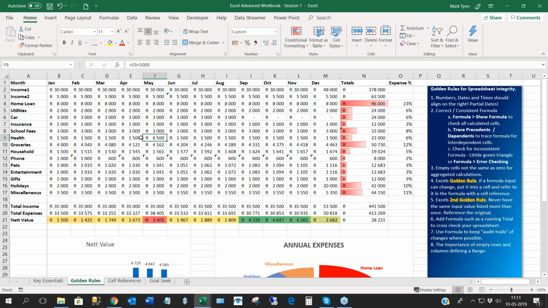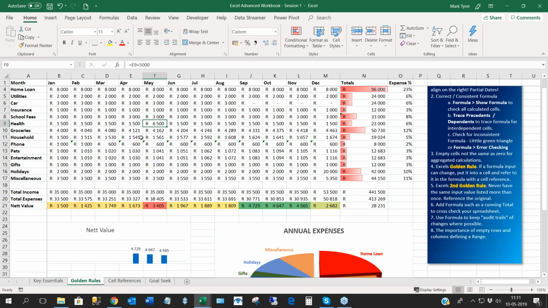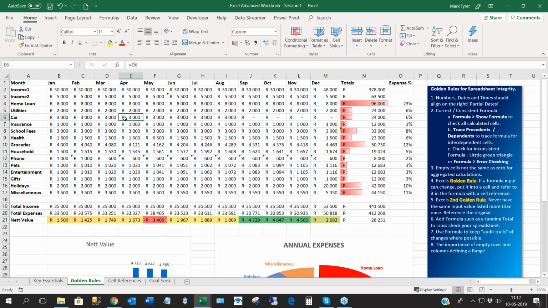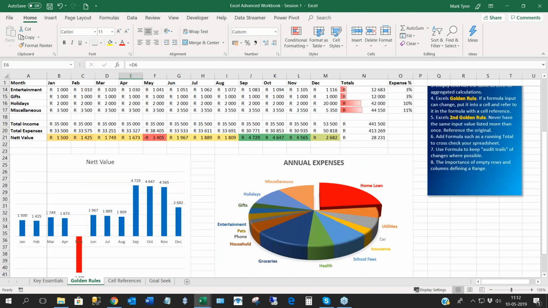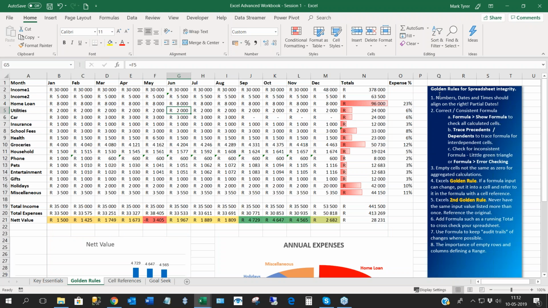This is a personal budget which has been set up to keep track of a budget, or set out a budget, for a particular calendar year. And we've added a few bells and whistles like conditional formatting and a couple of graphs underneath here. What I want to do is use this to run through some of the golden rules for spreadsheet integrity. Hopefully many of you know some of these rules already, but it is so important that we cover these so that when we go forward, we don't make some key mistakes,